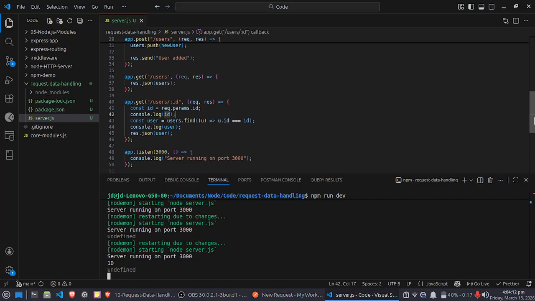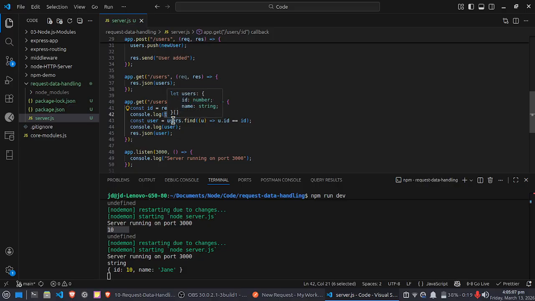I'm getting the id, then why am I not able to get the id here? Is u.id double equal to id or not? Do you know where the bug is here? From the request, I get the id, right? Like here I get the 10 id, but remember from the client side you will get data in string